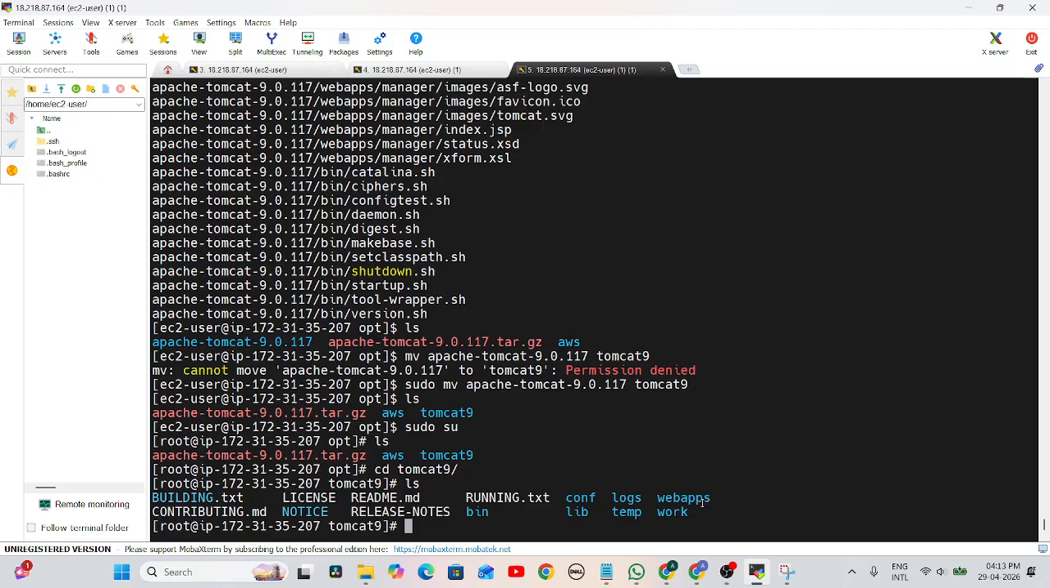So if we move it into this folder, deployment has been completed. Okay? So here we can see some important libraries will be there, that is in the bin folder, conf folder, right? So then we need to go for the bin, cd bin,